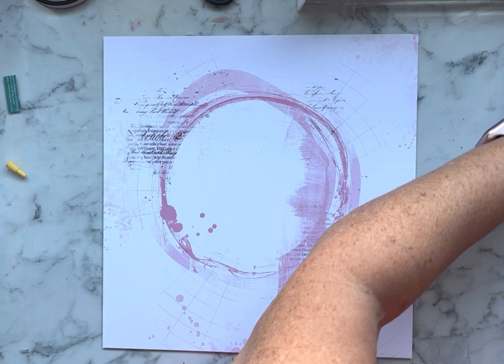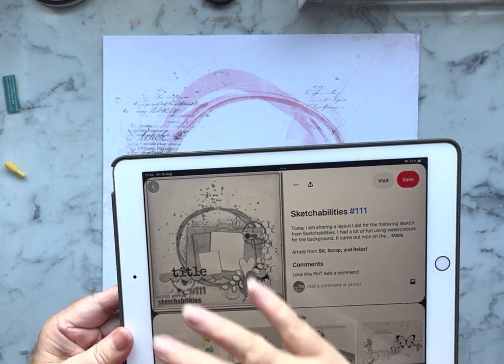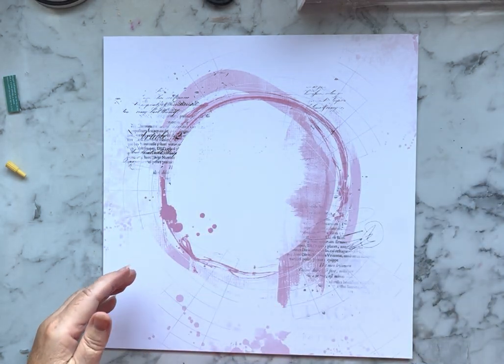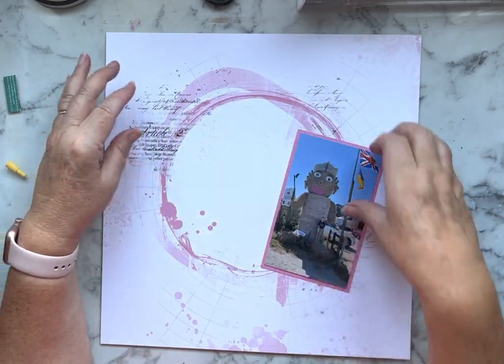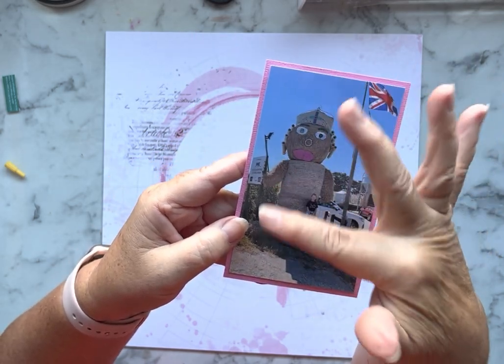I found a sketch on a Sketchabilities page on Pinterest, and this is the basis of what I'm going to do, but I don't have two photographs. I'm just going to use one photograph, which is actually this photograph here, which is, I don't know if you can see it okay, my little granddaughter with this huge great